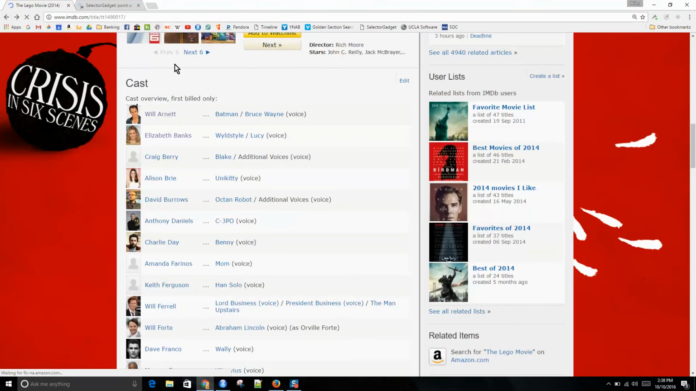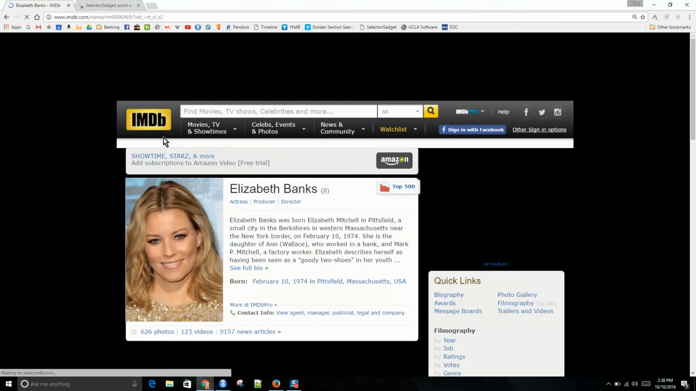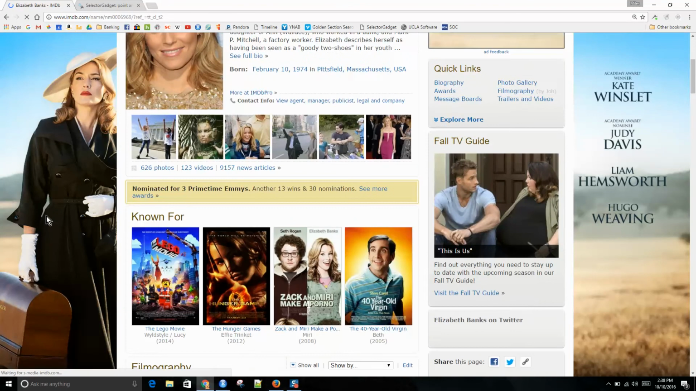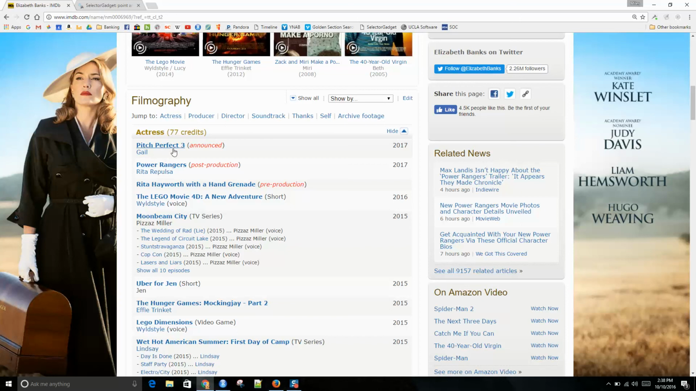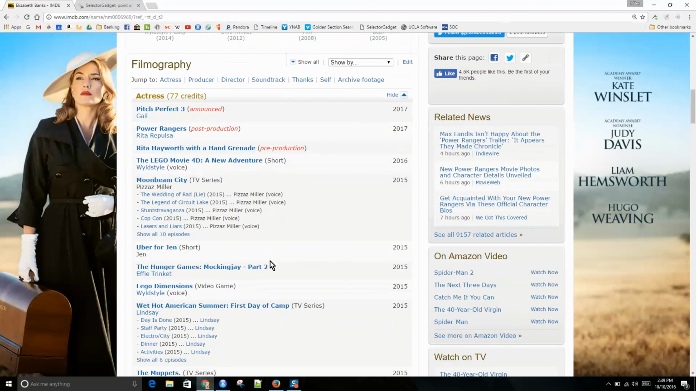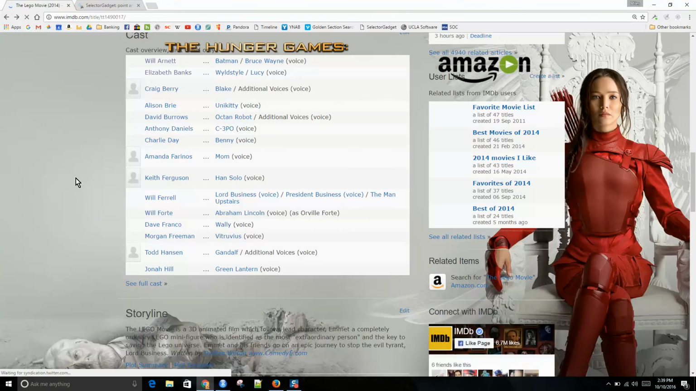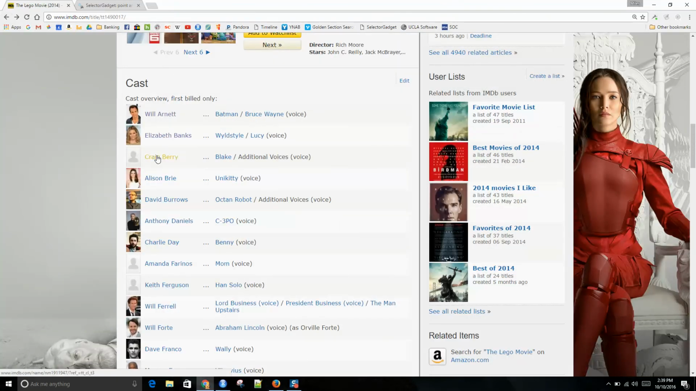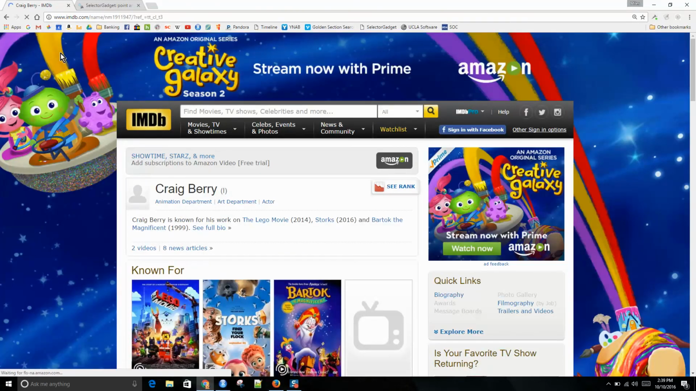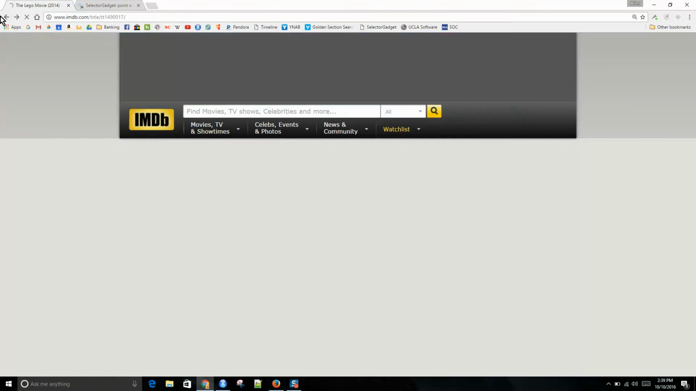Then we see we've got Elizabeth Banks. We'll click her page, and Elizabeth Banks is in Pitch Perfect 3, the trilogy of all time, and we've got Power Rangers, the greatest show from our childhood, or whatever. So we have all of this stuff and we can pull her filmography. Craig Berry, somehow he ranks number 3. I'm not sure why, but okay. So anyway, this shows up in our